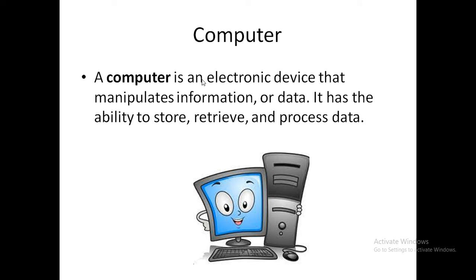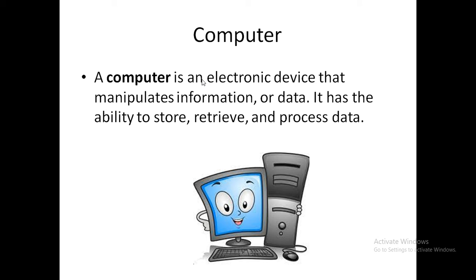Computer is an electronic device. Why do we call it an electronic device? Because it works with the help of electricity. The devices which run on electricity will not work unless there is electricity. Only when there is electricity will the computer work. Only then can you switch the computer on and off, only then will your monitor work, and only then will your laptop work.